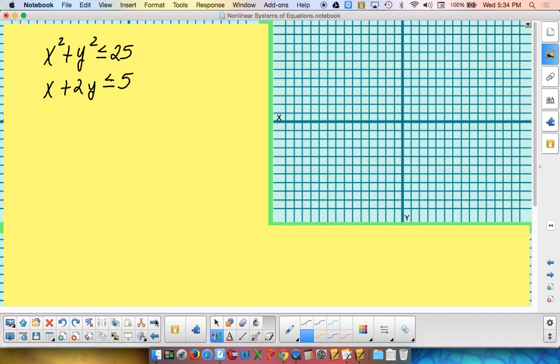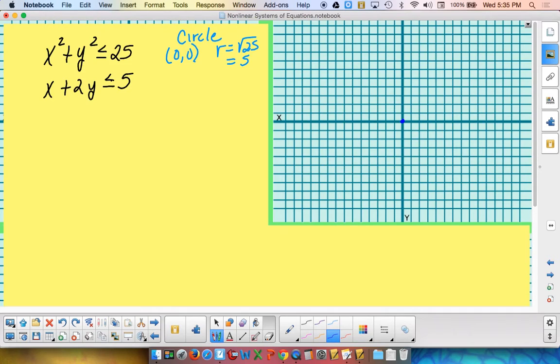Okay, what shapes are they? That's going to help because since that first one is x squared plus y squared, that's clearly not a line. And yep, this one is a circle. Center is going to be at 0, 0. What's the radius going to be? Square root of 25 or 5. So we're going to need to draw a circle with a center at 0, 0